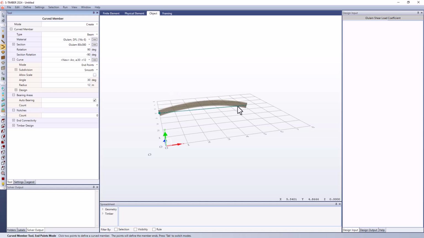You'll notice here that it's going to place the first point of my curve, and now I'm basically pivoting around that point while STimber is waiting for me to place the second point. So I'm just going to left click the second point right here, and it's created a curve based off of those properties, the 30-degree sector angle and then the radius of 12 meters. And it's also created this curve ID,